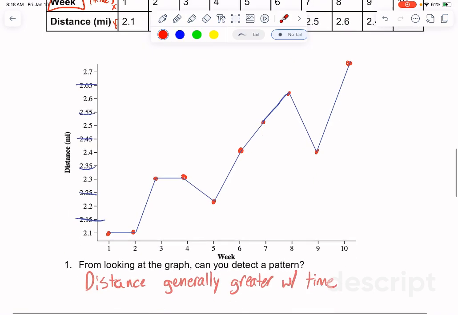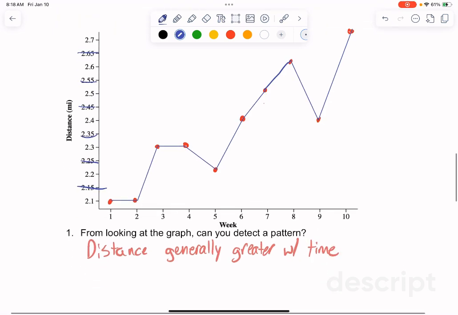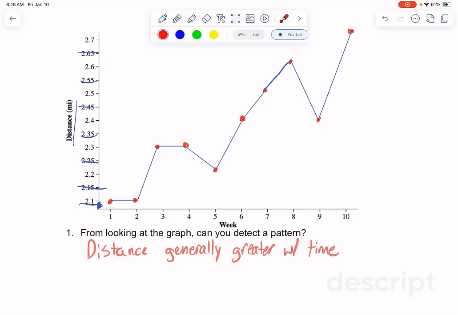The other important thing, and this is going to be true for dot plots, which we're actually not going to learn until next unit, but when we have numerical data, it is actually less important that we start at 0. So we do not need to start at 0. We're just going to have a kind of a break in the graph, and we're going to start at 2.1 for the distance. And then week as well. It doesn't necessarily need to start at the 0th week.